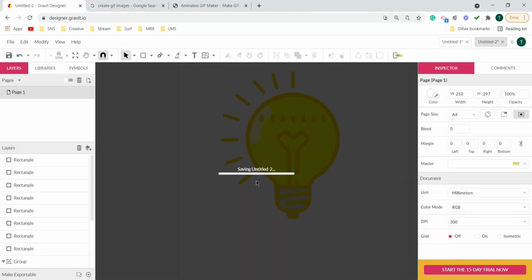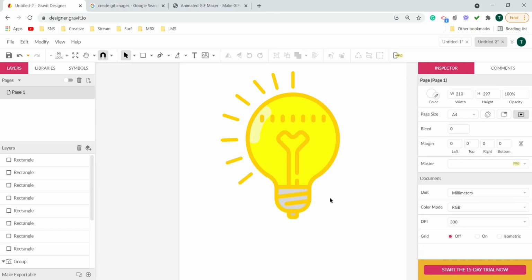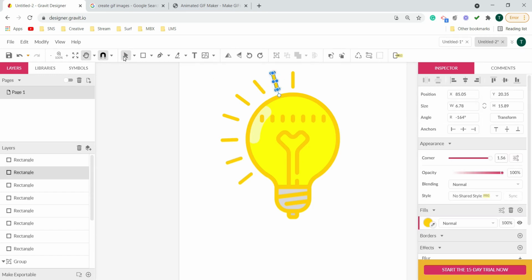Alright, now let's do one thing to save our time. We have seen that we are creating these strokes one by one, and we are exporting the images. Now on the opposite side, I want these strokes in the exact same placement. So I will select these strokes. It's better to select from here. With shift, I will select each stroke, like this.